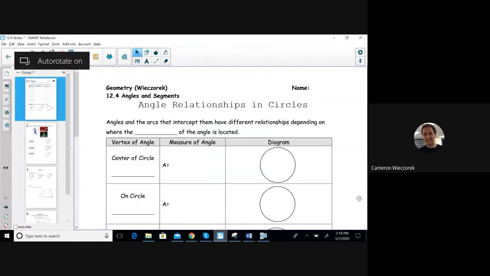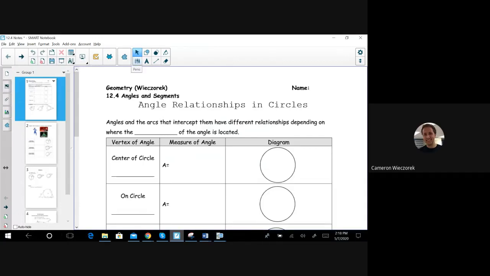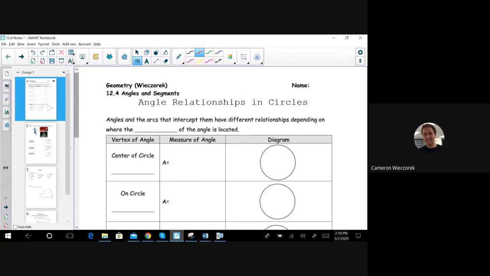Okay. So section 12.4 is kind of split up into two parts. The first half of this section is going to be dealing with arc measures and angle measures. And the second half of this section is going to be dealing with lengths of chords, lengths of tangent segments, and lengths of what we're going to talk about called secant segments. So it's kind of a two-part lesson, but I'm going to do this in one video. So I'll give you a clue once the second half of the lesson is going to begin, and we'll kind